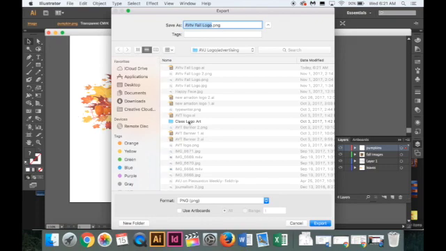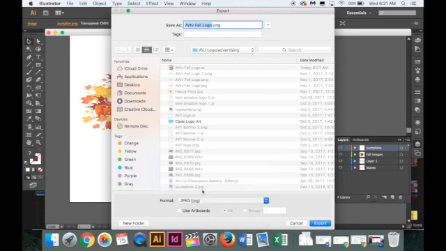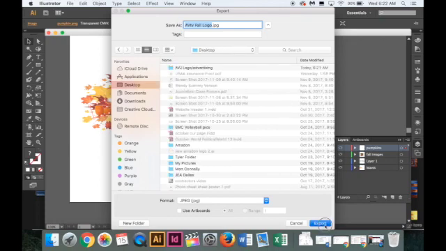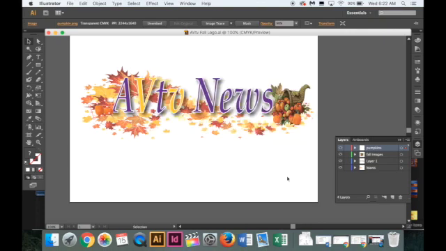Now, I want you to notice, typically one of your defaults is going to be to save as a JPEG. That's what you're used to using. But let me show you what happens if you save this as a JPEG. And I'm just going to save it on my desktop so I can work with it real quick. Okay, if I export this, CMYK, high resolution, and I save it as a JPEG,